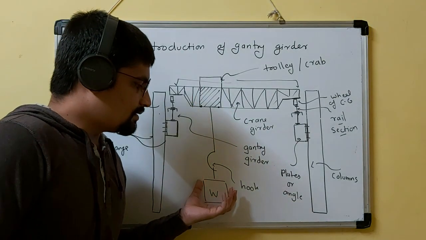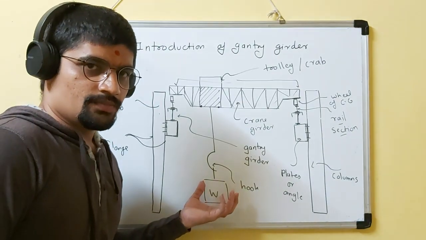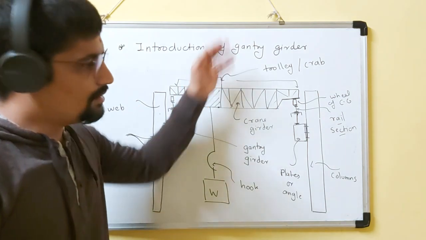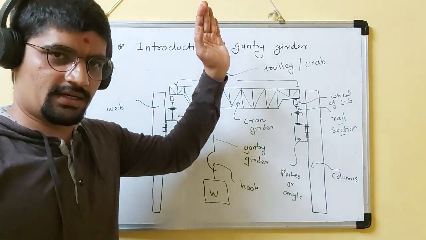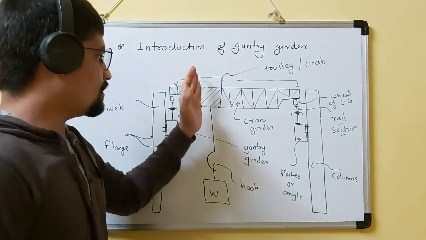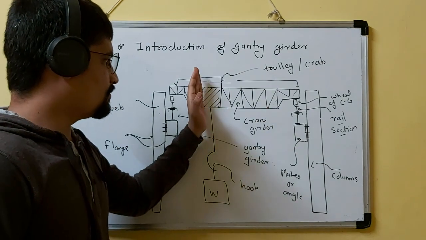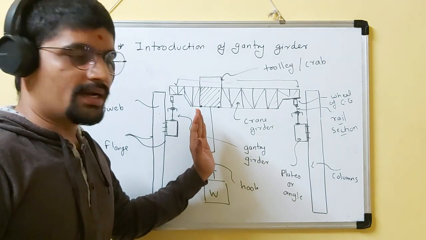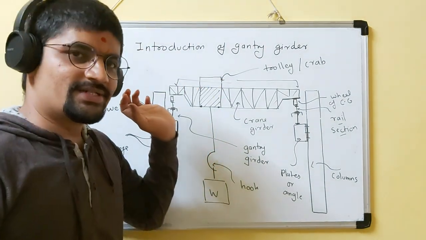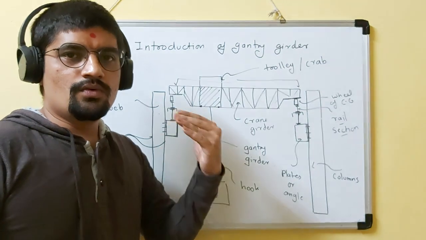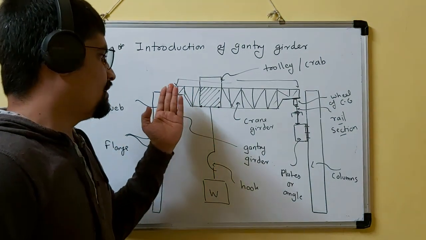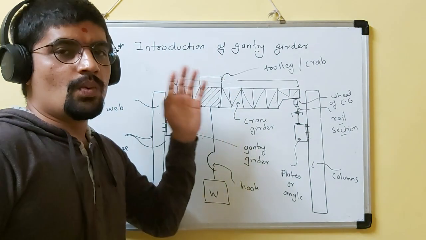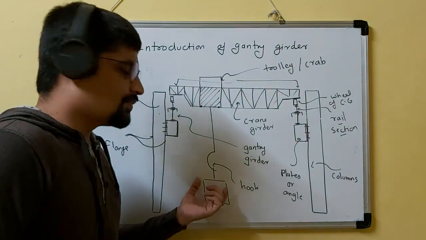Suppose here is some weight. I want to place this weight further in the backward direction. So the trolley will move from here to here and lift the weight. After lifting the weight, the trolley will stop. Now it's the turn of the crane girder to move. Then the crane girder will move backward, and then at the place where we want to place it,